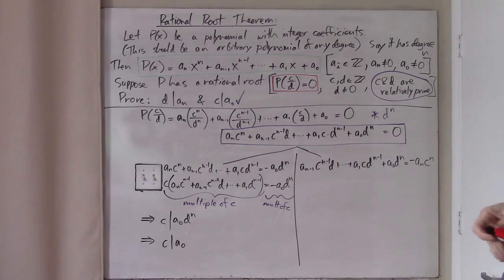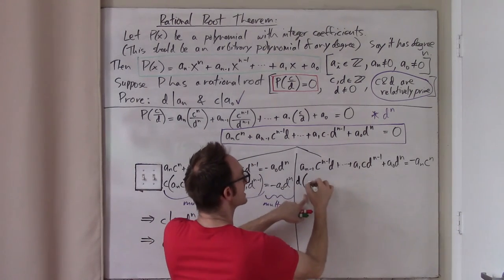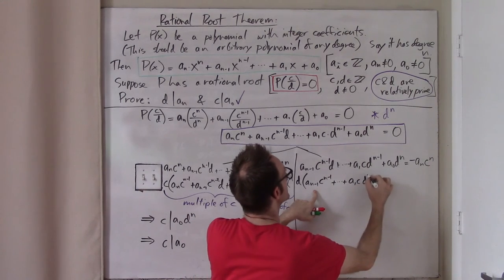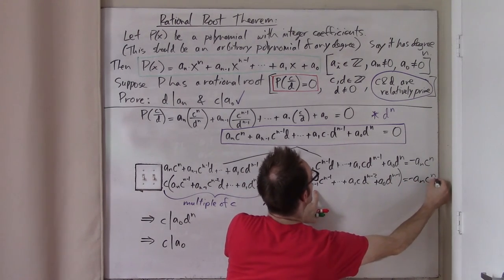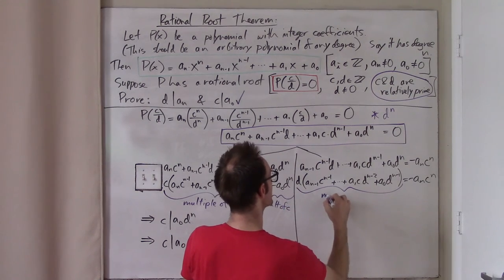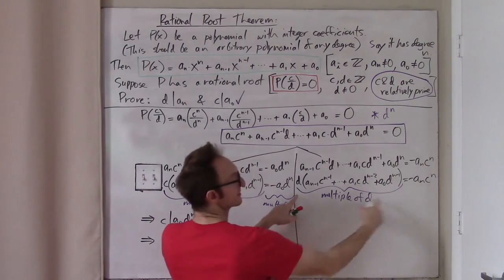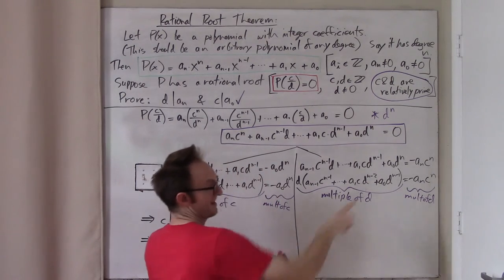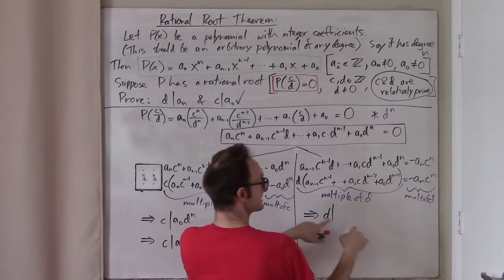And over here, we just do it again, right? Every term on the left-hand side of this equation has a d in it. You don't even have to do this, but if you want to, you can factor out a d. And I'm just dropping one power here. Okay. And now I note that on the left-hand side here, because I've explicitly factored out the d, this is certainly a multiple of d, this entire left-hand side. But if the left-hand side is a multiple of d, then the right-hand side is also a multiple of d. And if that's a multiple of d, then it means that d is a factor